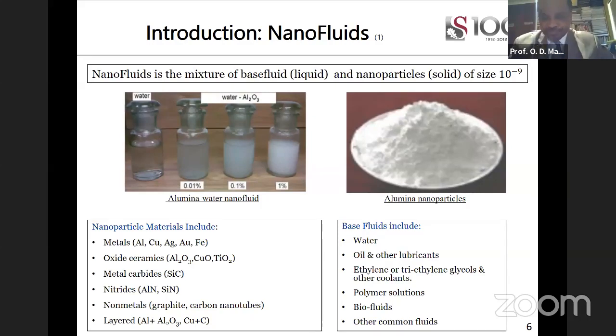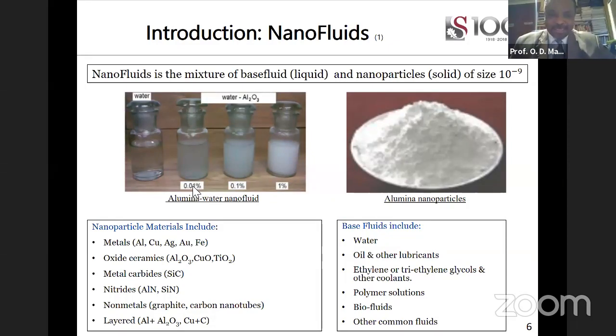Therefore, in 1995, there was an experimental research by Choi and his co-workers, where they were able to fabricate metallic or non-metallic particles of high thermal conductivity, and they fabricated them to nano size, which is 10 raised to power -9. Like a powder like this. They fabricate them and they mix them just like